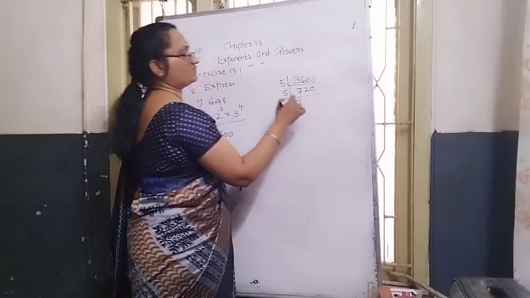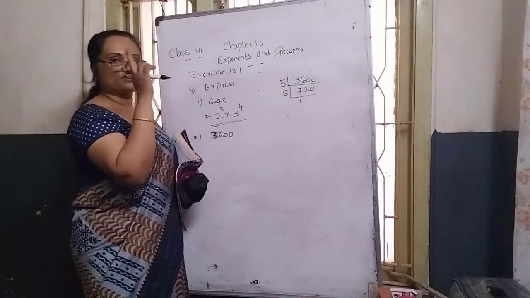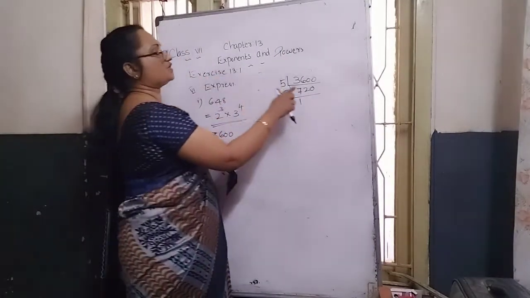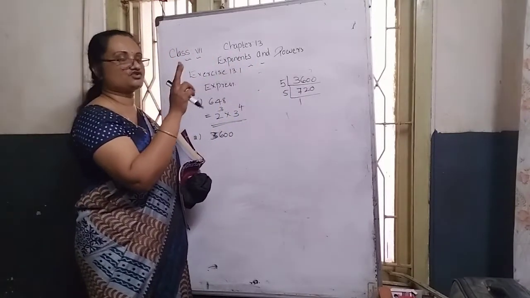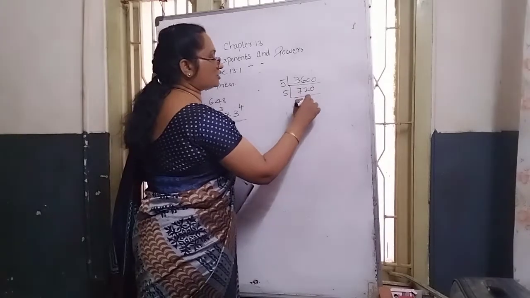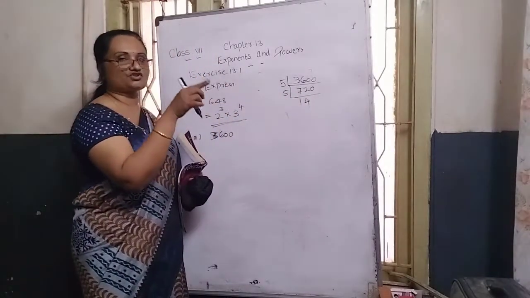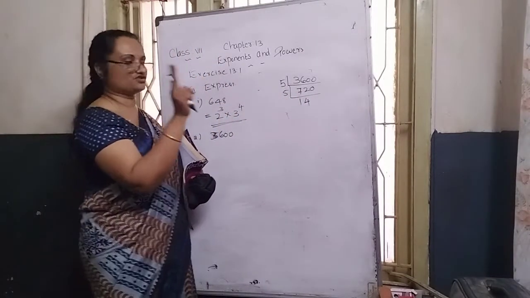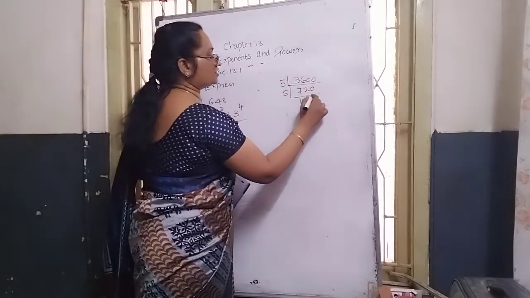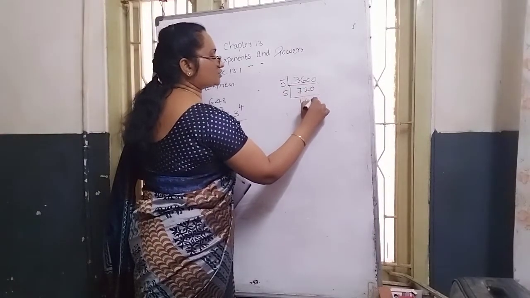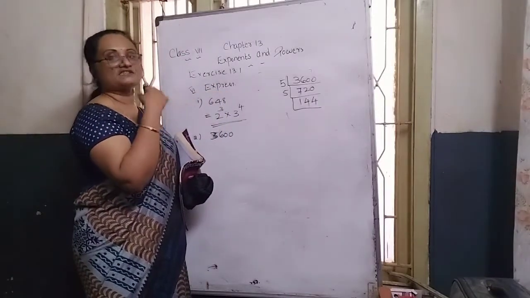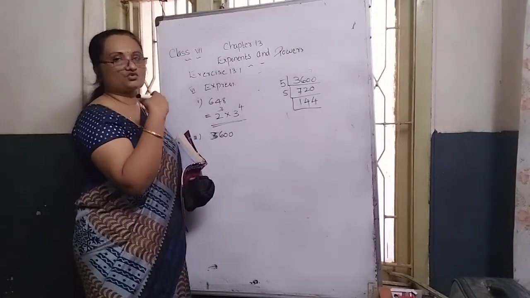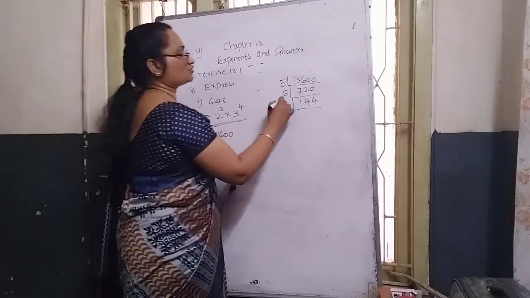5 table 7, 1 time, 7 minus 5 becomes remainder 2. That 2 and the second digit we take. 2 and 2 joining, 22. 5 table 22 not there, 4 times 20. 22 minus 20, remainder becomes 2. 2 and the next place number joining, 20. 5 table 20, 4 times. Again, is it possible to continue with 5? No. That's why, lastly, 2 will come, the prime number 2, to start.